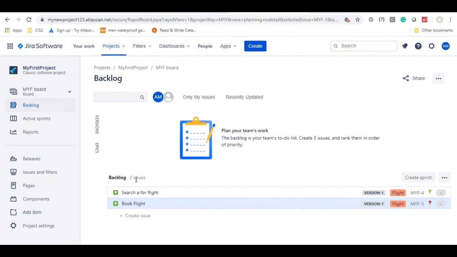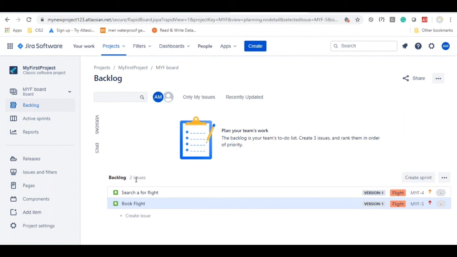Versions are not part of a sprint. A version will give you information like by when, which functionalities you are going to deliver to the end users. You are going to assign some functionalities or user stories to versions, and for those versions you will assign a proper date, saying that okay, in the next 3 months or maybe in December we are going to deliver this functionality, so that everyone has a clear idea which functionalities will be delivered to the end user in December.